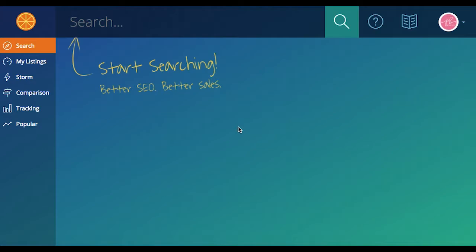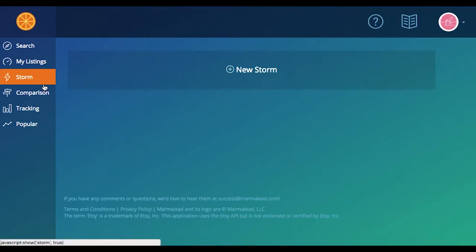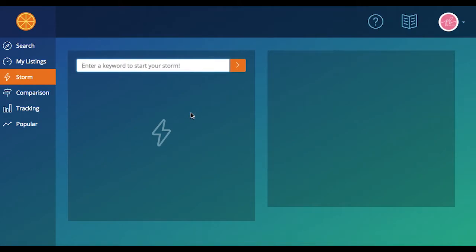Well, you're looking at your main Marmalead screen, right? So if you're looking at that screen, just go over to this left-hand side menu and click Storm. And it's going to pop up an option for you to start a new storm. So click on that. And then you're going to be presented with this search bar and an otherwise pretty blank